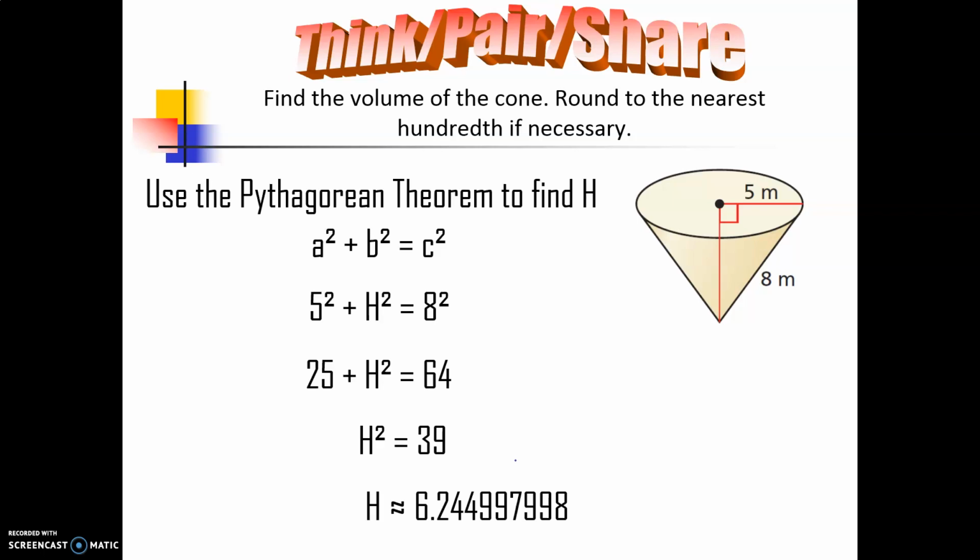All right, so here is our Pythagorean theorem. You'll notice that our radius is plugged in here. The height is our b, and our slant height is our c. So 25 and 64 here, we're going to subtract 25 from each side. Subtract 25, and h squared is equal to 39. And then I'm going to take the square root of each side, and I only want the positive square root because we're dealing with lengths here. And we're going to get a height of about